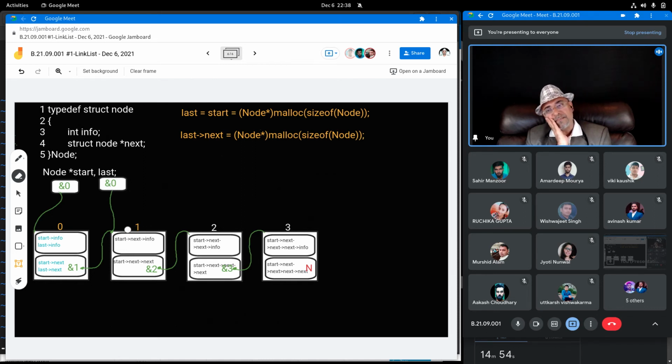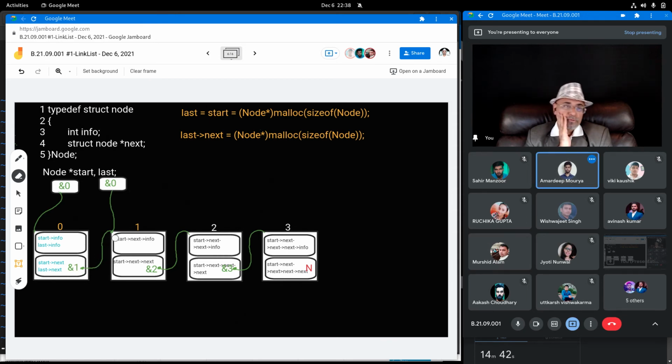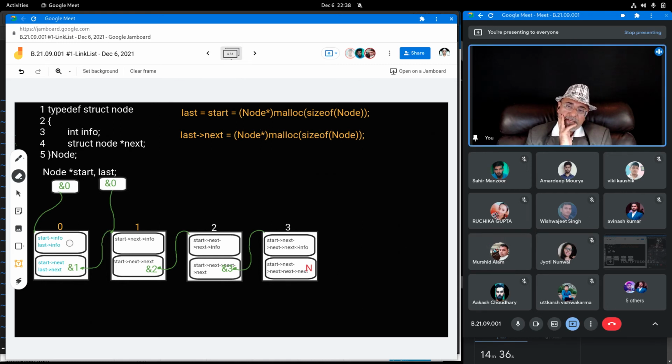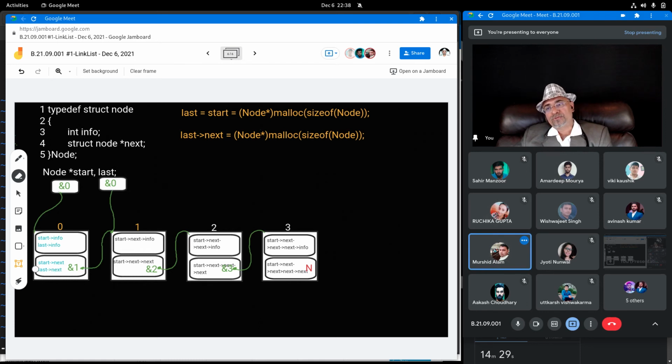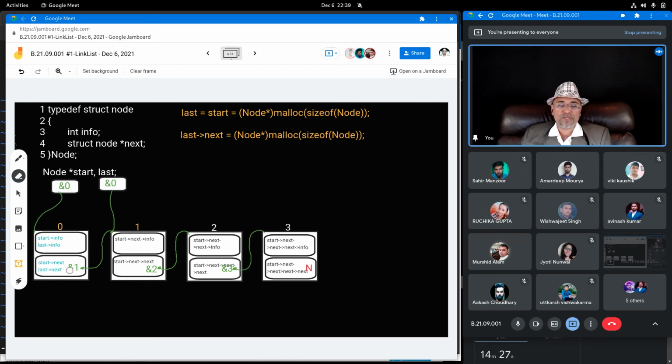नोड नंबर 1 का एड्रेस अभी कहां पड़ा है, उस पॉइंटर का नाम लो। Start points to next, points to info. मुर्शीद फिर से बोलना। इन्फो तो ये है, क्या आप इसकी बात कर रहे हैं? एड्रेस यहां पड़ा है। उसका नाम है स्टार्ट पॉइंट्स टू नेक्स्ट, दूसरा नाम है लास्ट पॉइंट्स टू नेक्स्ट। Yes sir. तो एड्रेस तो लास्ट पॉइंट्स टू नेक्स्ट में पड़ा है।